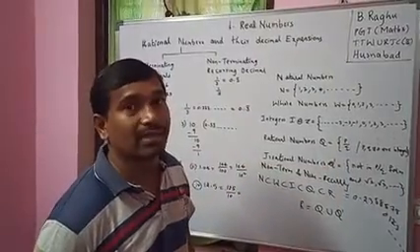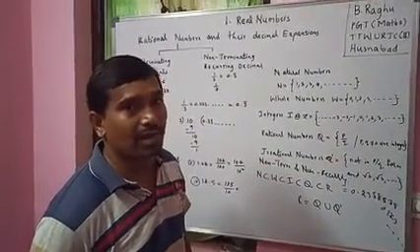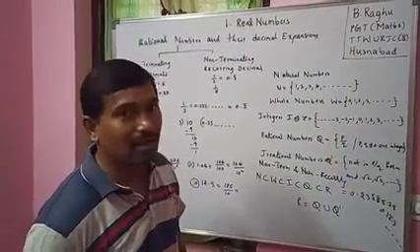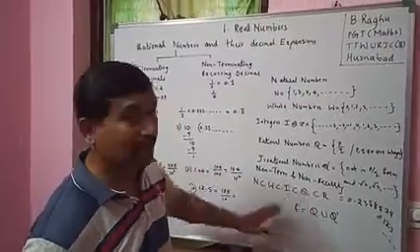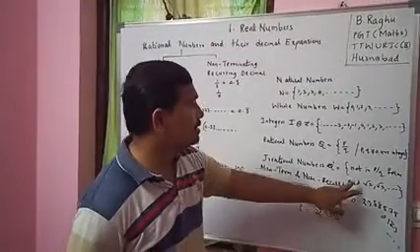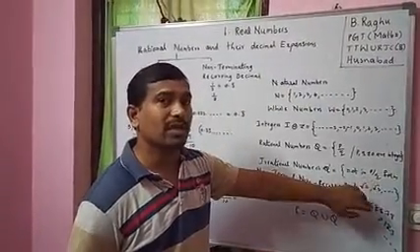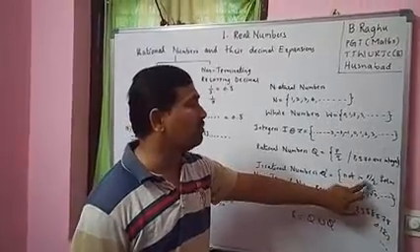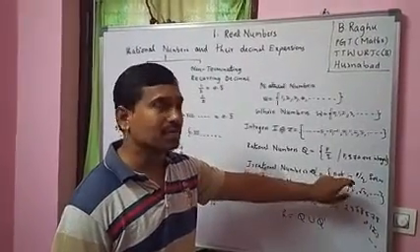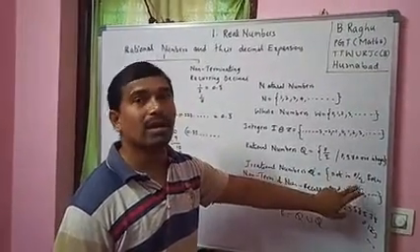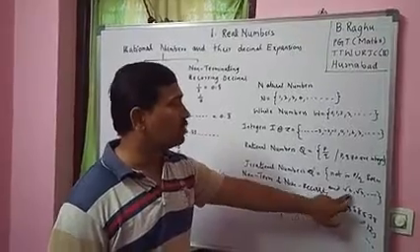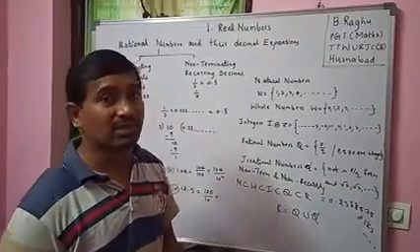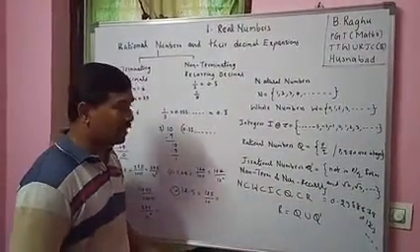We already learned this in the 9th class, in the real numbers chapter. We already learned much about real numbers. So these are not in the form p by q. The numbers that we cannot express in the form p by q are called irrational numbers. Root 2, root 3, root 5, root 7, and so on are irrational numbers.